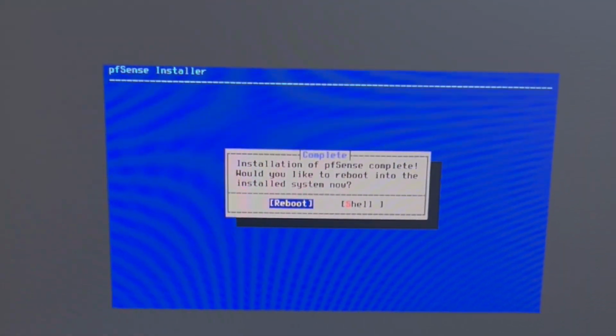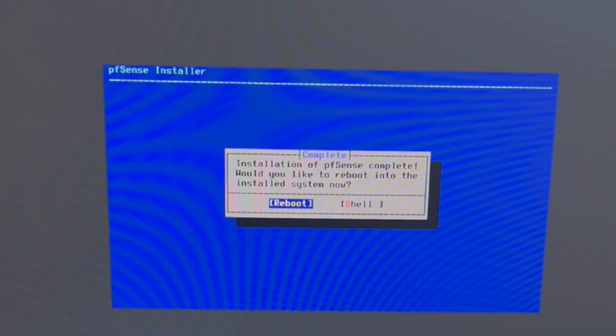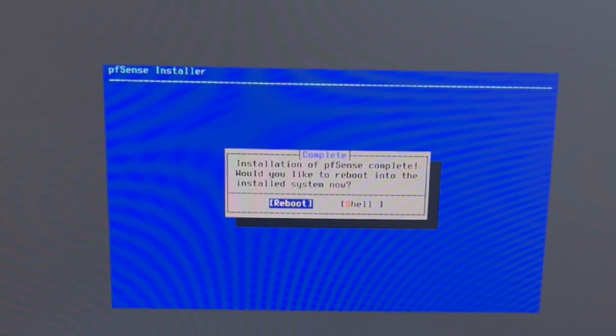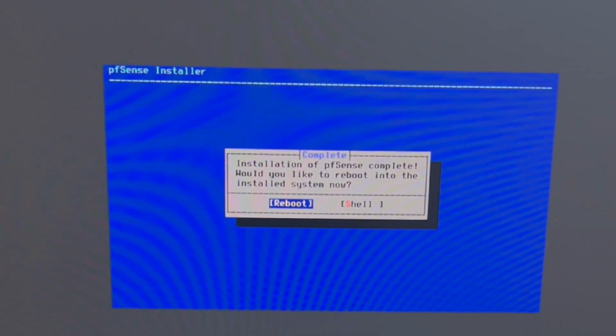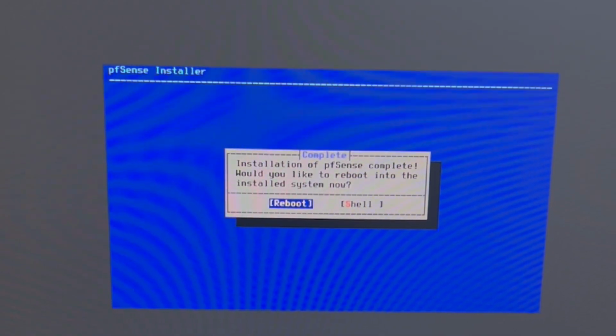Now, part of the installation process that was tricky, I've seen it before, is that you're going to have to remove the VDI file from VirtualBox before you reboot it, because if you leave that file on there, VirtualBox is just going to point to that file, which is just the install file, so you'll get stuck in the loop. That's part of the reason why I was stuck on this for 3 days. I found a video on YouTube, I can't remember which one it was, but nevertheless,